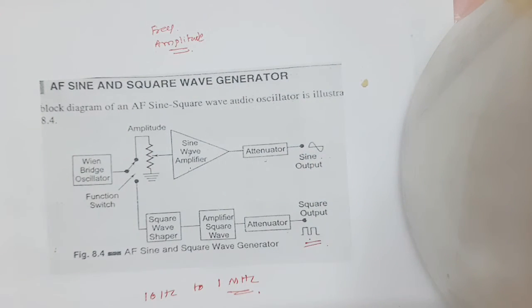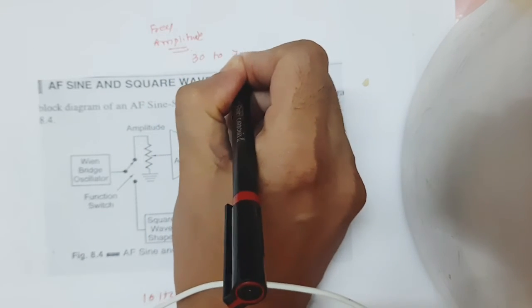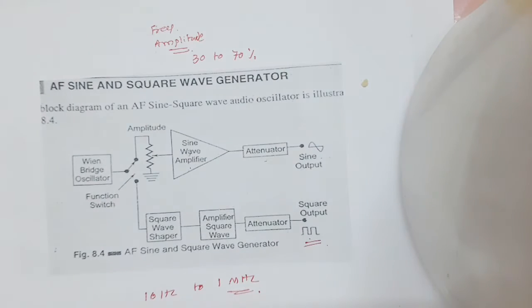The output is taken through the push-pull amplifier. For low output, the impedance is 600 ohm. The square wave amplitude can be varied from 0 to 20 volt peak. It is possible to adjust the symmetry of the square wave from 30 to 70%. The instrument requires only 7 watt of power at 220 volt 50 Hz, that means our AC mains.